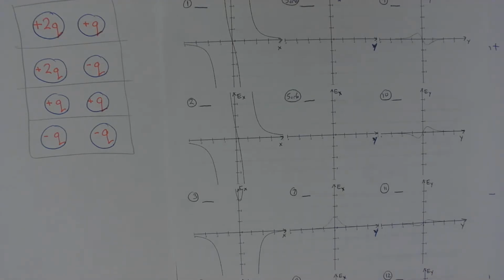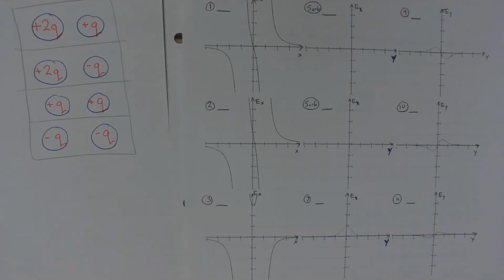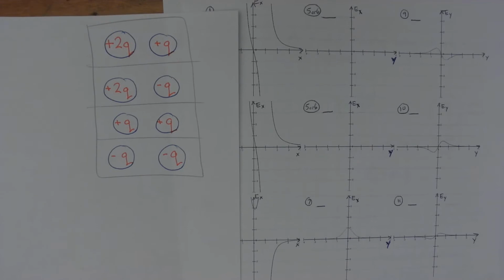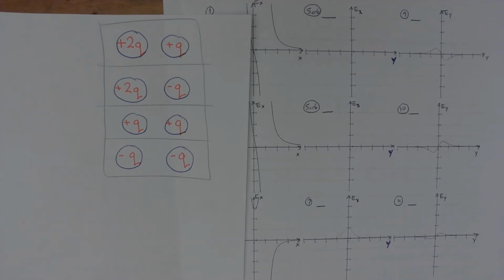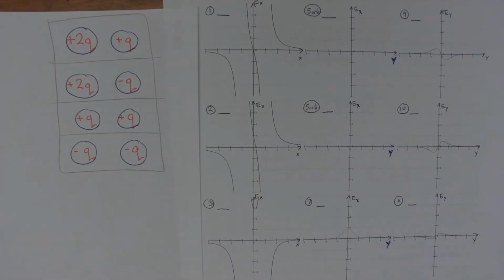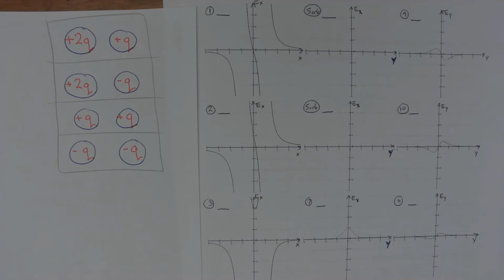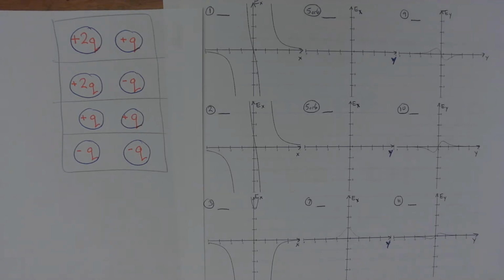Okay, so we're going to get some more practice with graphs now by playing a matching game. If you have two charges that are on the x-axis, there are only so many choices that you have for graphs. So recognizing this can help make drawing the graphs easier. We have 4 different choices here, and you have to match each of these charge distributions to the appropriate